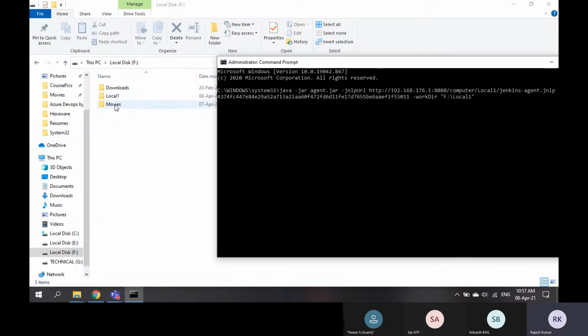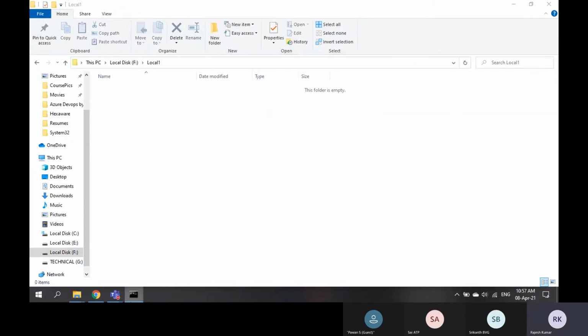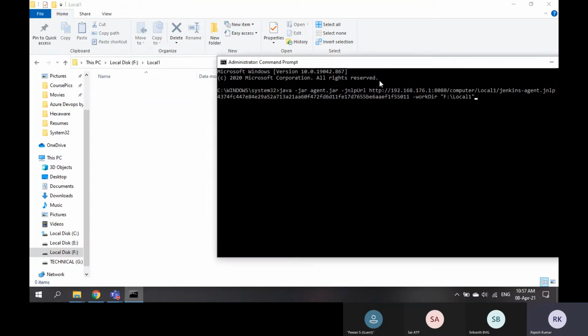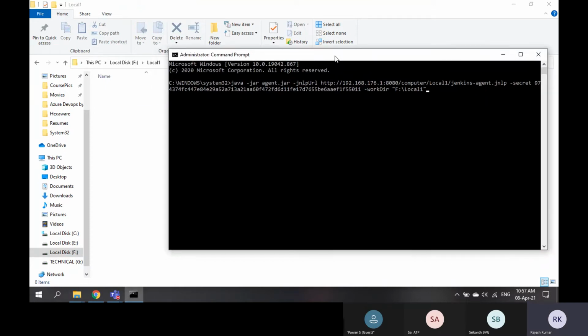This folder looks empty, but the moment I run this script, some folders will be created here.